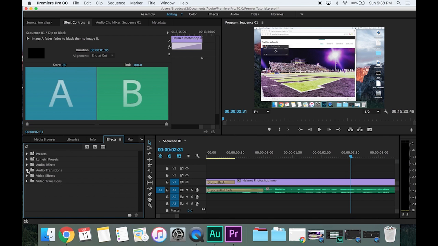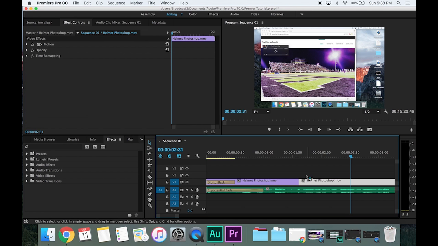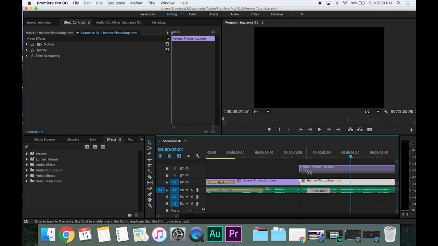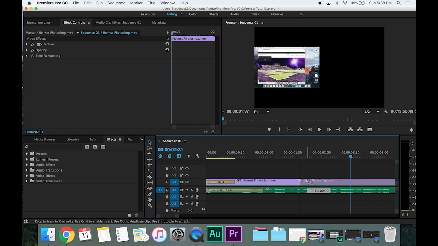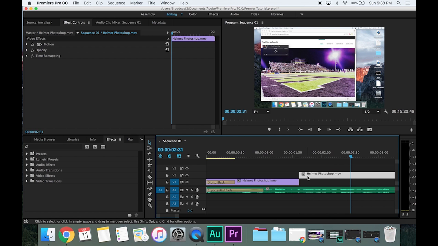The last thing I'm going to show you guys is, well, let's do a couple things here. I'm going to cut this. I'm going to show you what happens with all of these different layers. So I have V1, V2, V3. Those are different layers of video. So whichever one is on top is what will play. So if I move this over on top of that,